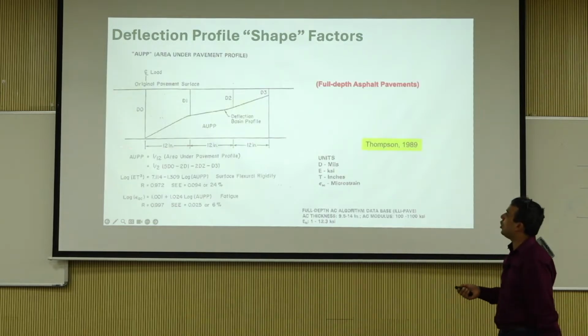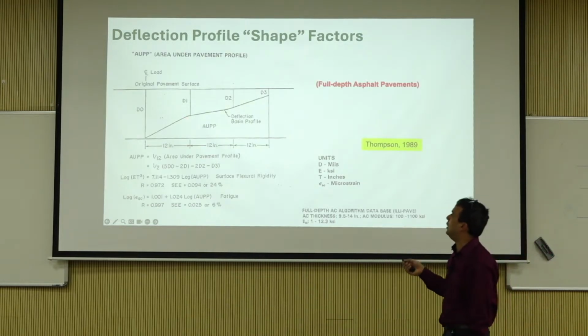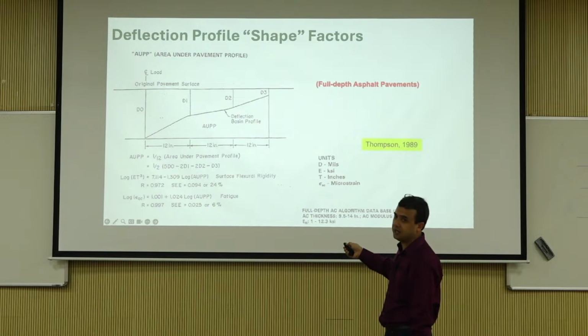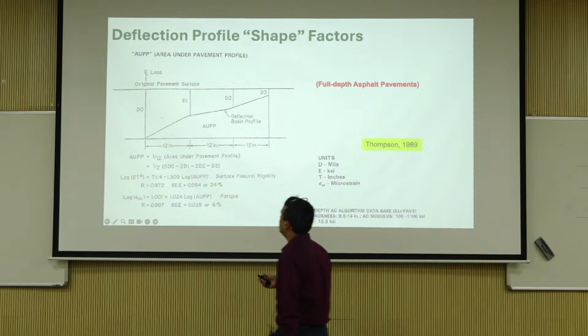Then there is another thing called area under pavement profile, or AUPP. They drew a rectangle from D0, and then they said this is the deflection. Now I'm going to track AUPP, whatever is remaining between this deflection, and then they were able to link that to